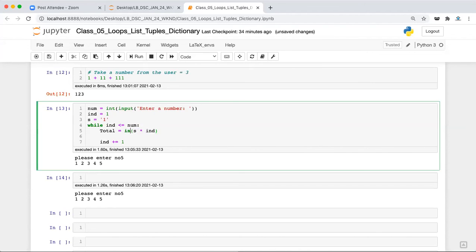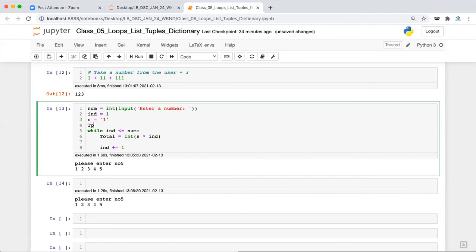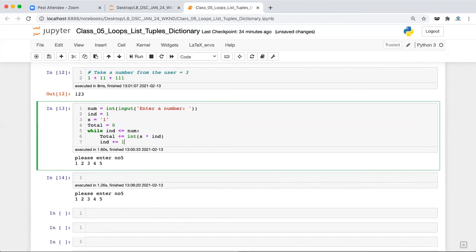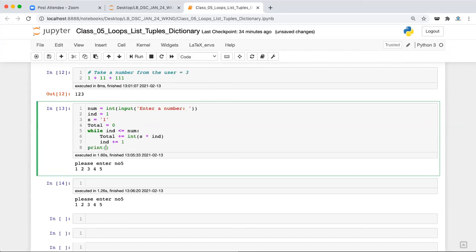I will be converting it to an integer, and then I'll be taking total equal to 0, and this will be plus equal to. Clear? Finally I'll be printing total.